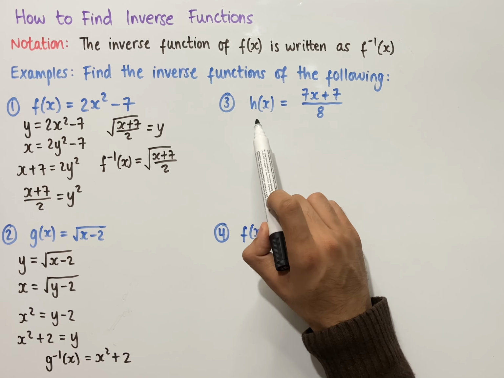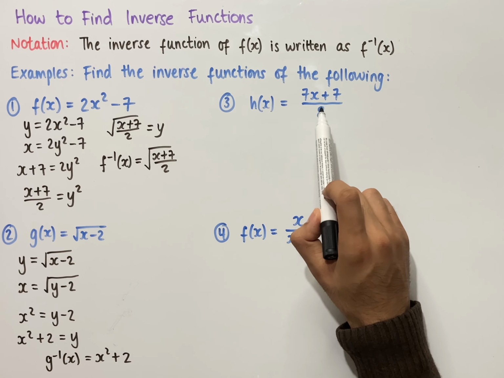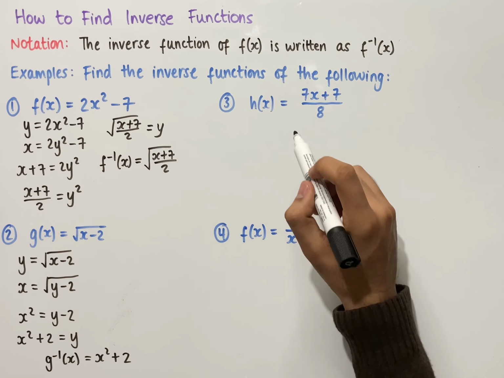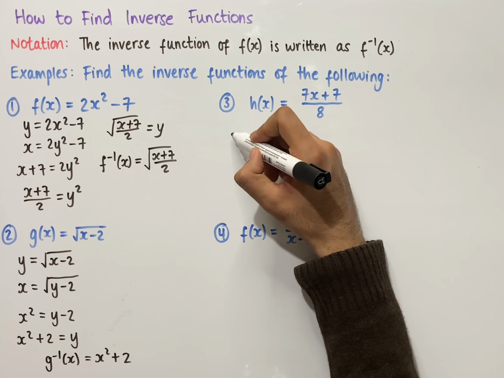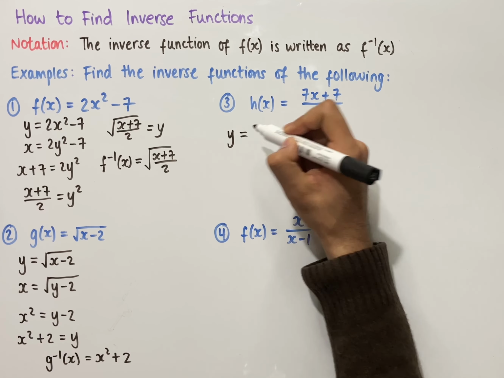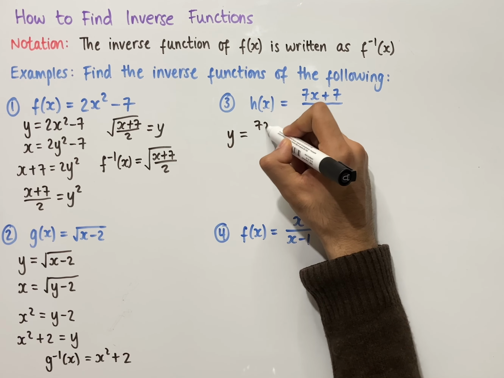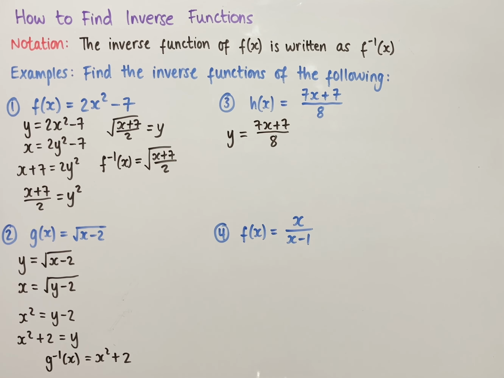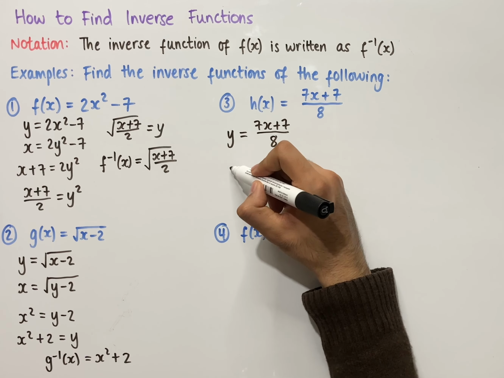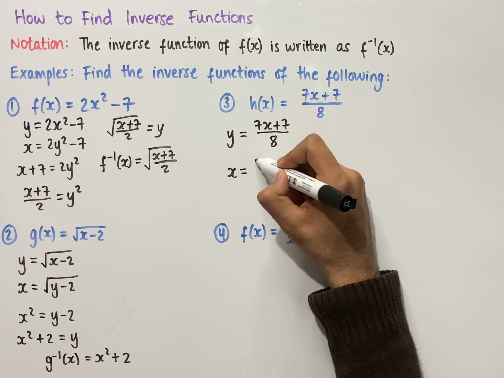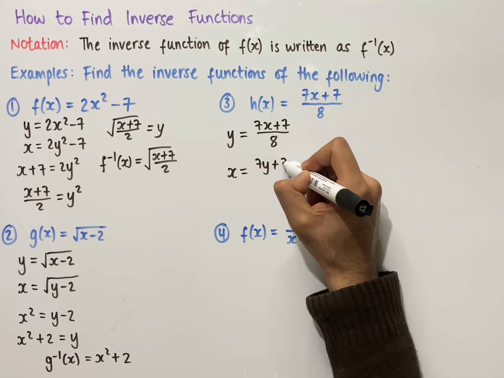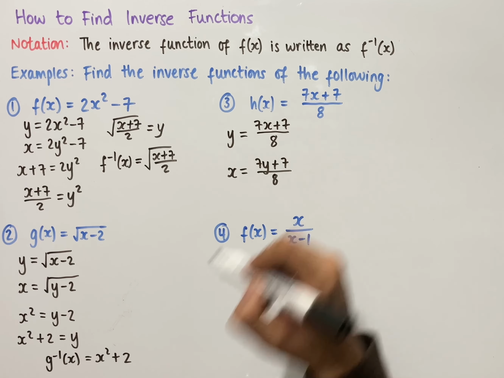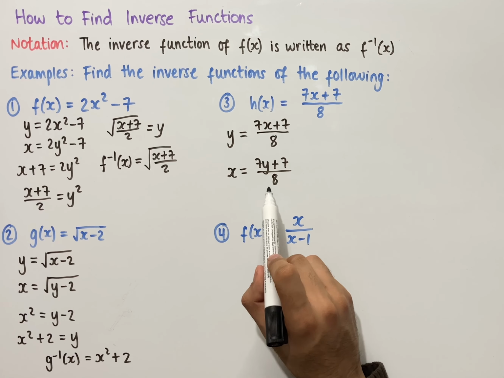The third example says h of x equals 7x plus 7 all over 8. And so we can start by replacing h of x with y, and so writing this out gives us y equals 7x plus 7 all over 8, and then swapping over x and y again to give us x equals 7y plus 7 all over 8, and then rearranging for y, so we can start by multiplying both